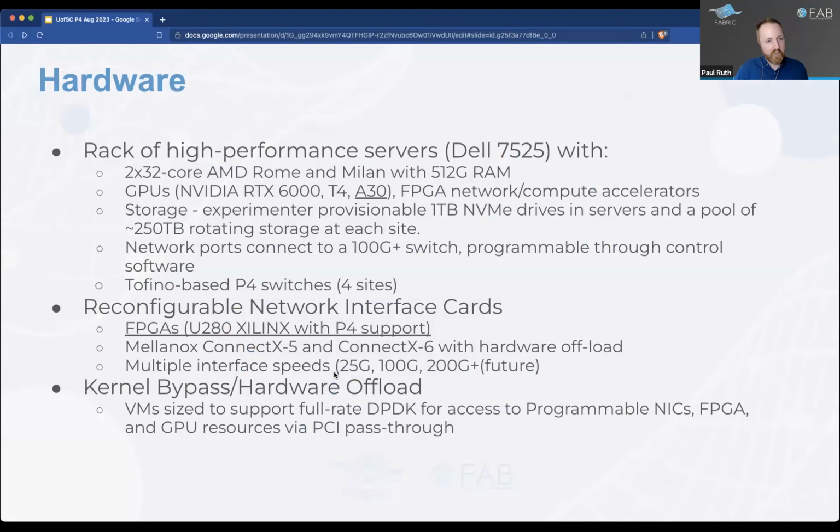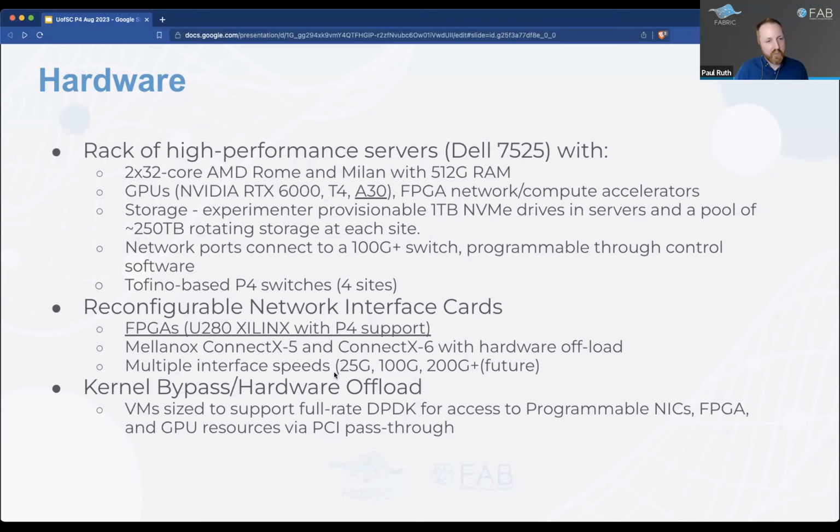Inside of each of the clouds is a rack of pretty normal Dell machines. They're normal, but they're pretty beefy. So it's dual socket, 32 core times 2 AMD processors with 512 gigs of RAM. So there's some of the nicer Dell machines you can get these days. They're full of PCI devices that you can add to your experiment. So a lot of them we have 3 different kinds of NVIDIA GPUs. We have Xilinx FPGAs, and the Xilinx FPGAs are interesting because they have dual 100 gigabit per second network ports on them. And we have two different groups, one at ESnet and one at Northeastern University, working with us to make bitcode that runs on these Xilinx FPGAs that will actually run P4 programs. So you'll be able to use these Xilinx cards to run your P4 programs that you learned about today,